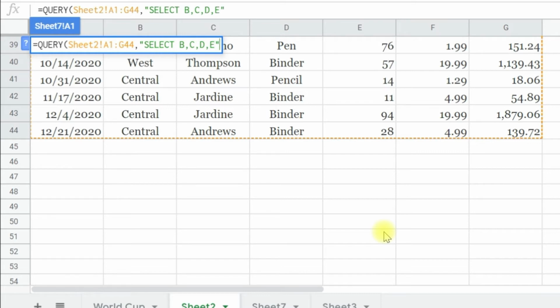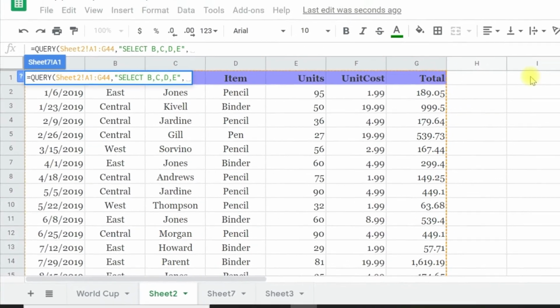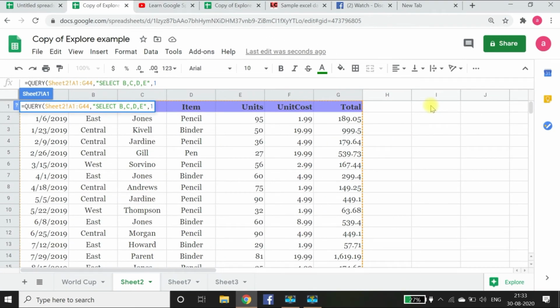Now the double quotation, and then there is the third entry. The third entry is the number of headers, so we have only one header here, so we'll put 1 and close the parenthesis.